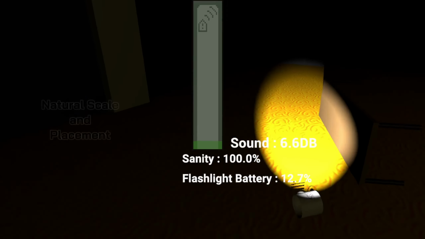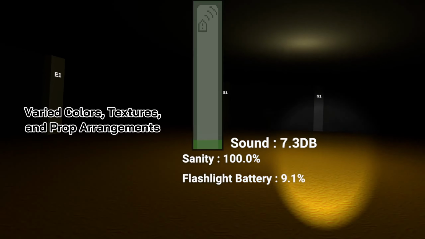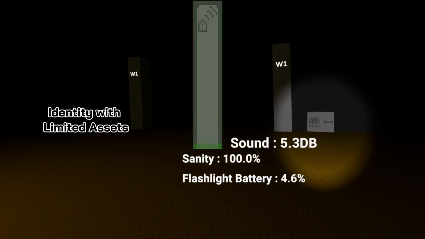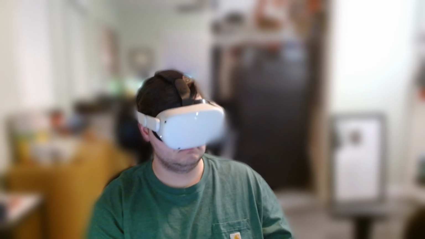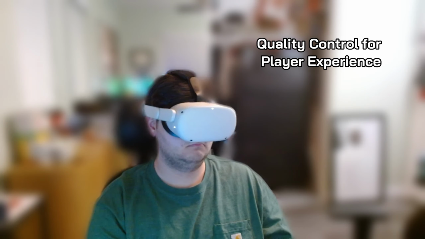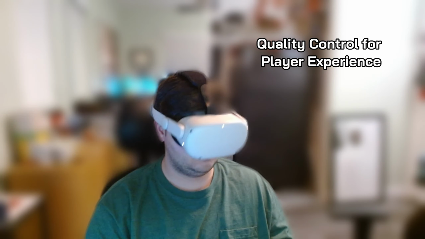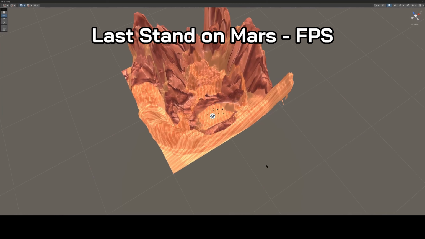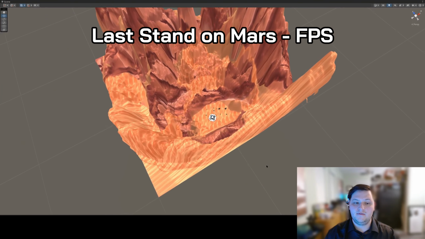I varied textures, colors, and prop arrangements using Unity's scene editor to give each level its own identity, even with limited assets. I also tested each level using my own VR headset to ensure everything looked and felt right from the player's perspective. Next, Last Stand on Mars, a first-person shooter where I had full creative control over the level